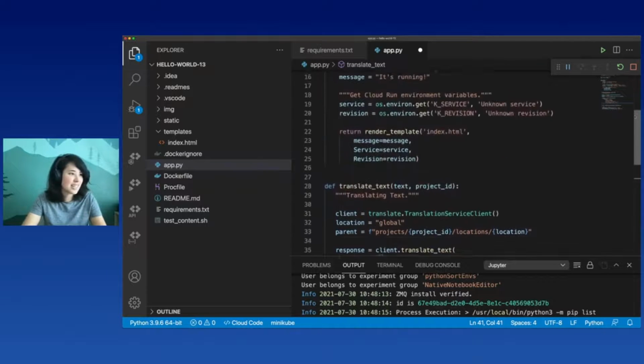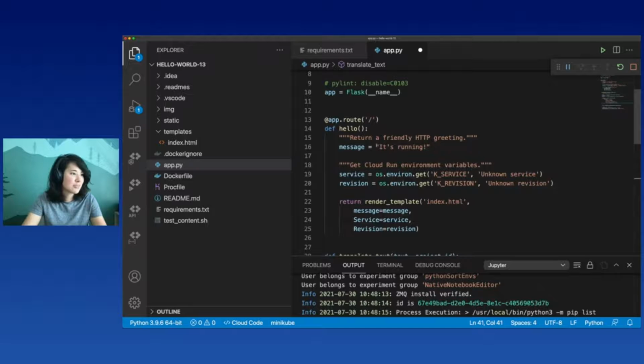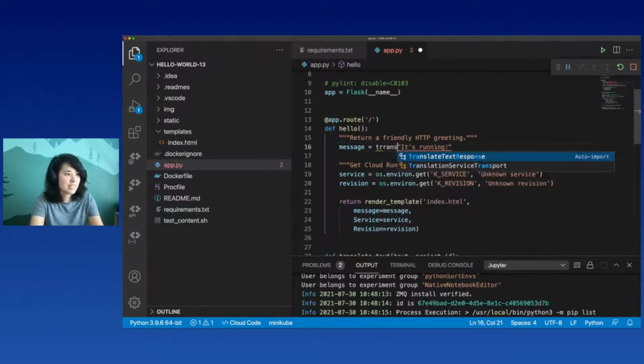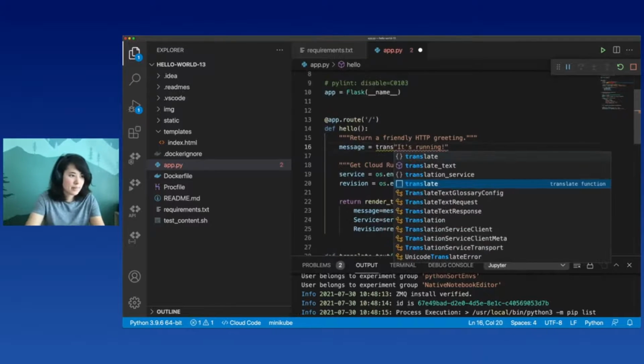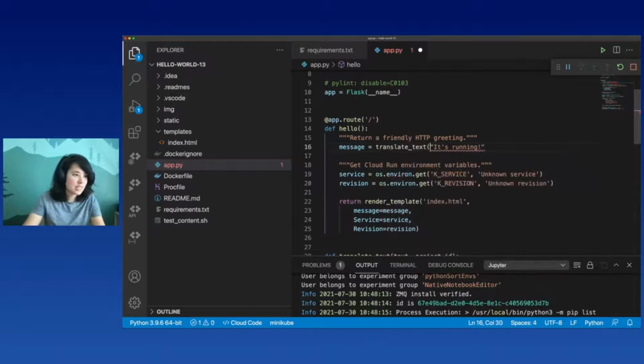All right, so now I'm going to translate this "it's running" message up here. So I'm going to do translate. What did I call it? Oh, translate text. Translate text, give it its running, and then I'm going to say Abby Carr project, which is my project ID. And I'm going to hit save. And hopefully,